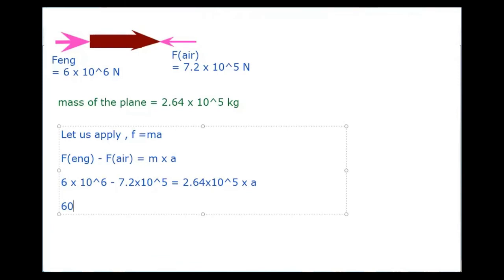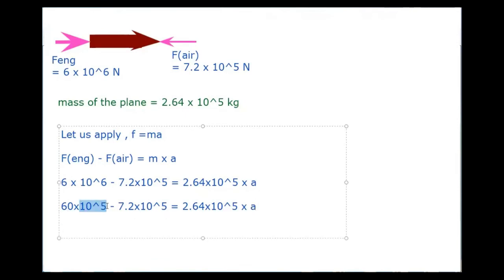So 60 into 10 to the power 5 minus 7.2 into 10 to the power 5 equals 2.64 into 10 to the power 5 into A. Then the 10 to the power 5 terms cancel out. So the remaining terms will be 60 minus 7.2